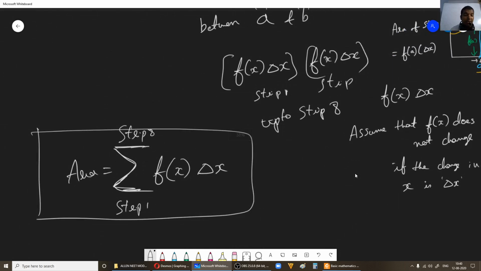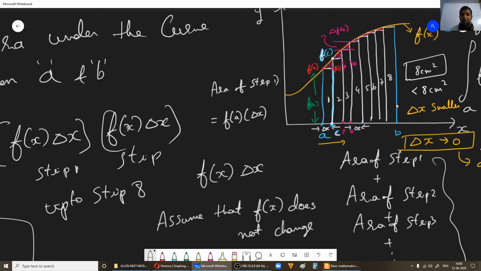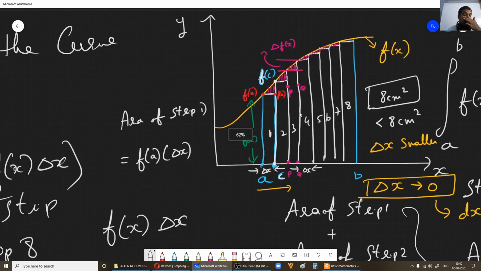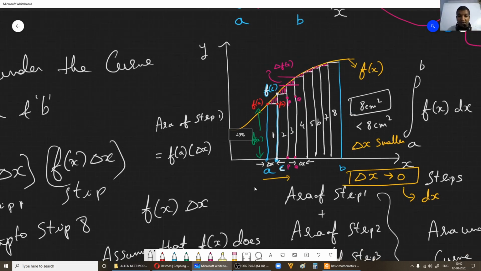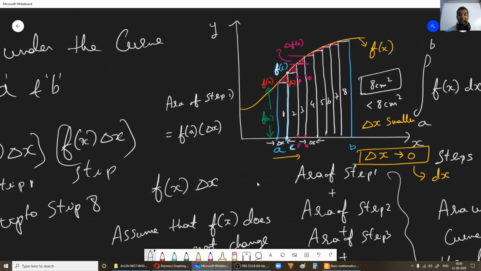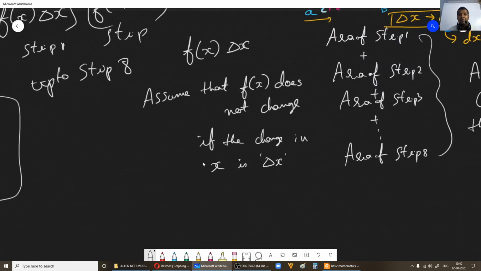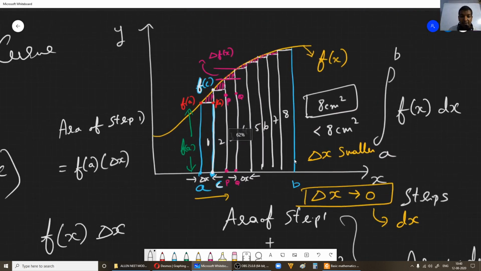So we can write an expression for the area for the approach we took here, that is, dividing the area into rectangular strips. I hope it is clear. But the problem is we are not getting the complete area. The next step, the correction we are going to make, is to make this delta x tend to 0. When you make delta x tend to 0, I'll show you a small animation so you get to understand.